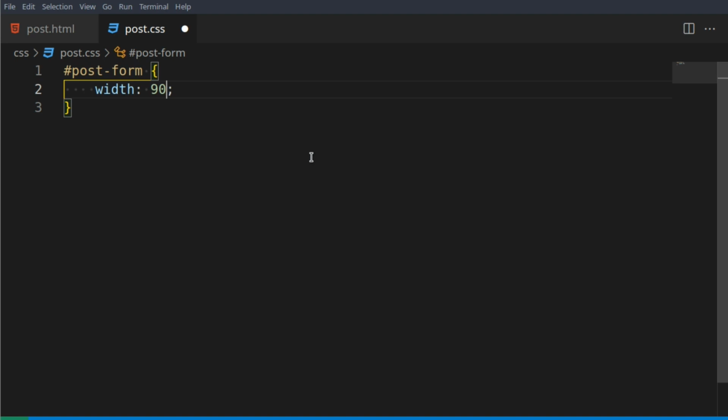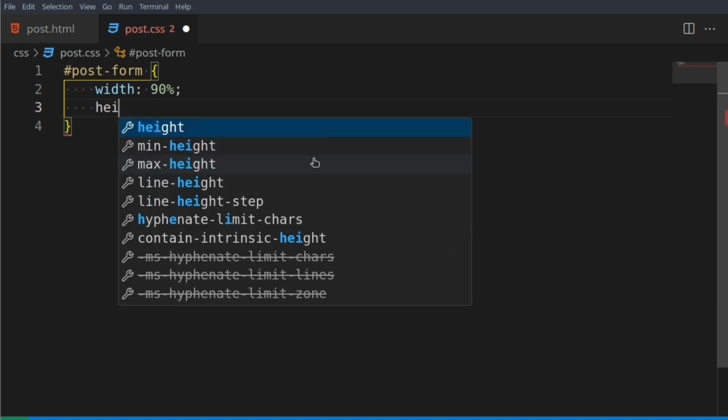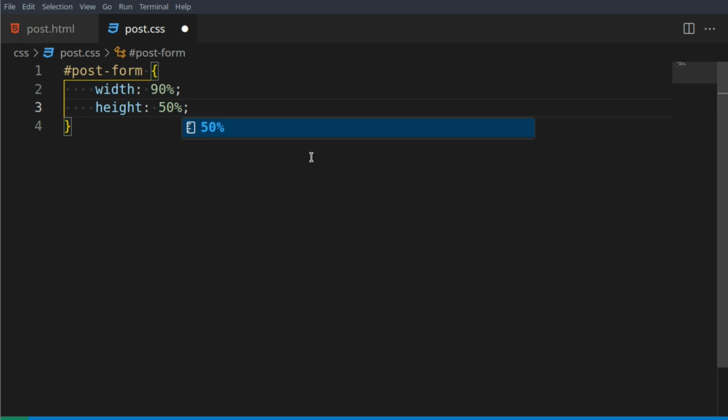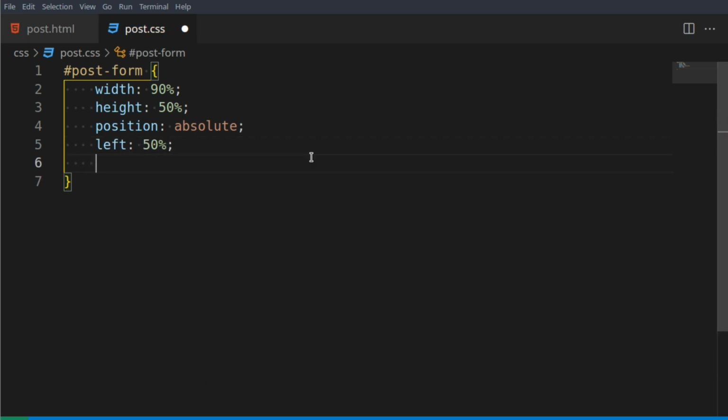So let's go with 90%. We don't want to go 100% because that would look a little weird. So we say 90% just to give it a little bit of a margin. Height 50%. Position absolute. Since this is the only thing on the page, absoluting the position isn't that bad. But usually I would always recommend going for something like relative instead. But in this case, since this is literally the only item on the page, absolute won't really be too much of an issue. We can say left 50%, top 50%,